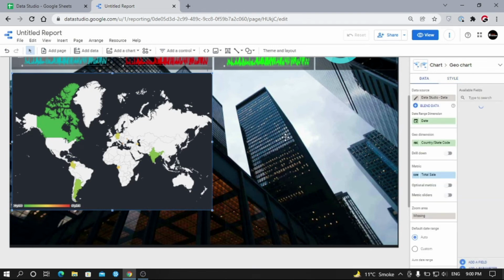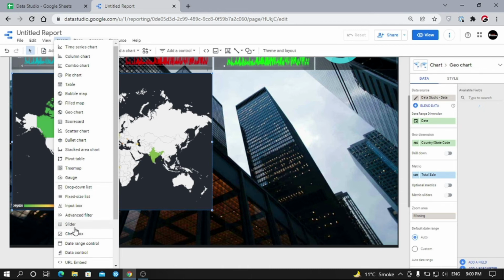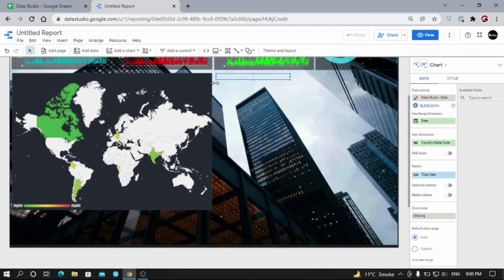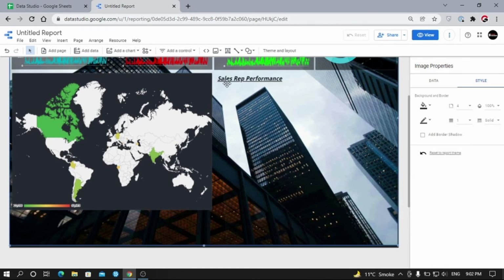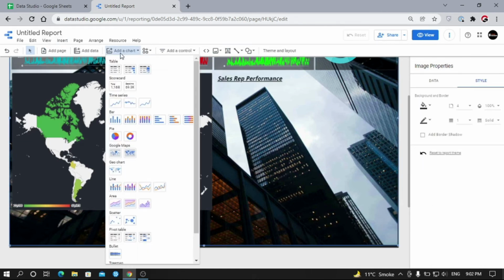Now I want this Data Studio dashboard to show sales rep performance also. I will add a pivot table here, but before that I need a title. Okay, now we will add the Data Studio Pivot.